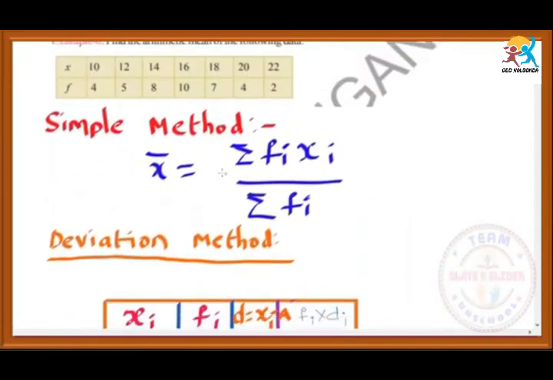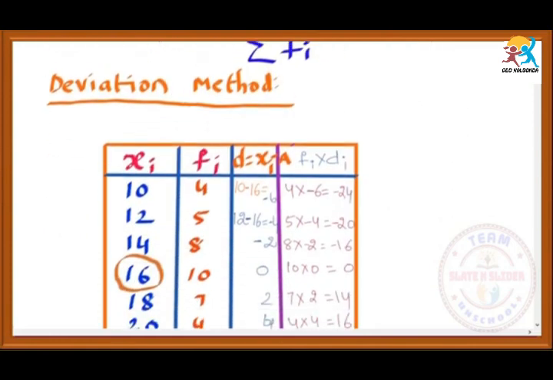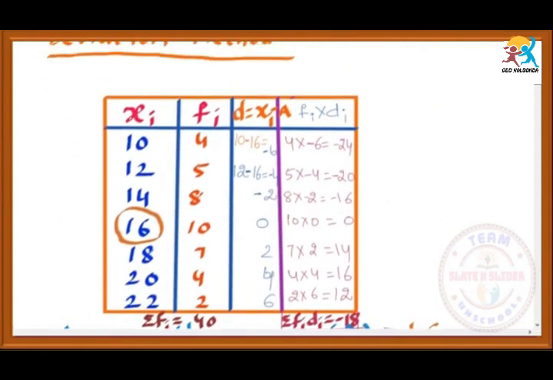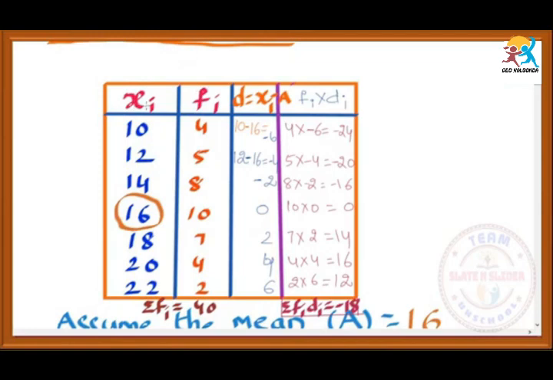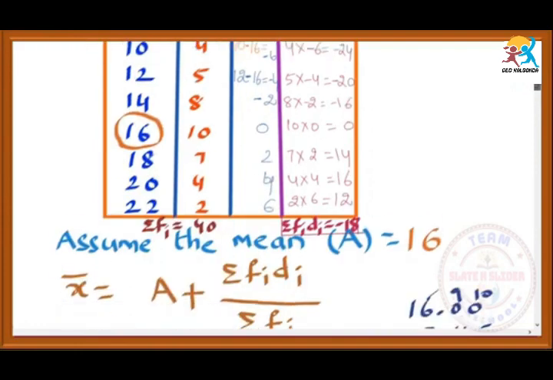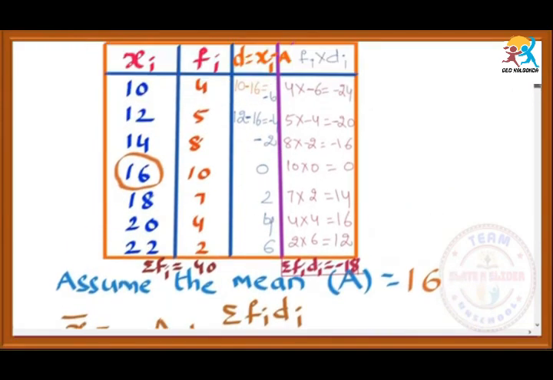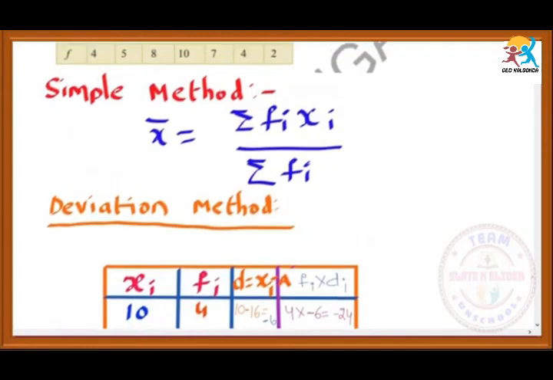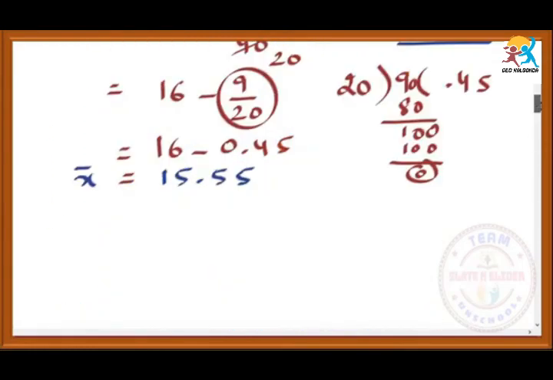Suppose if you use this method in the simple method, shall we get the same? Just you check once, and you know how to do. So further the table will be like this. First you should write xi and fi. The next step, just write fi into xi and add all these. So we get the sum sigma fi xi. So with the formula x bar is equal to sigma fi xi by sigma fi, you can get the mean of the given data.